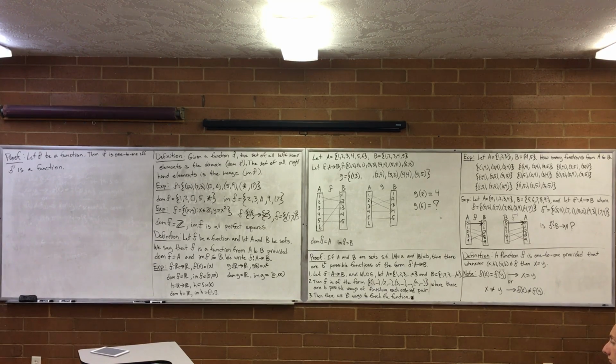No, this is a proof that we're doing. f is 1 to 1 if and only if f inverse is a function. So if I know that f is a function, then f is a 1 to 1 function if and only if its inverse is a function. So which way do you want to prove it first? If it's 1 to 1, then its inverse is a function? Yes. So we'll prove it this way first.